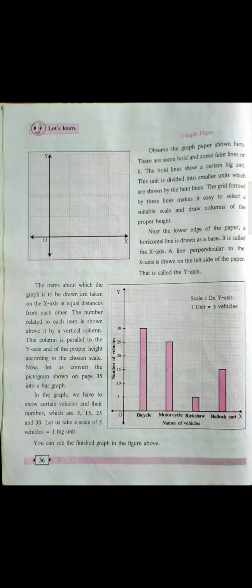How can a bar graph be drawn? Let's come to page number 37. There are a few steps to draw a bar graph. First of all, what do you have to do? You have to first draw the x and y axis on the given graph paper. Then, according to the example, you have to fill in data on the x-axis line and the y-axis line. Thinking about the data, you have to find a common number of which the data values are multiples.